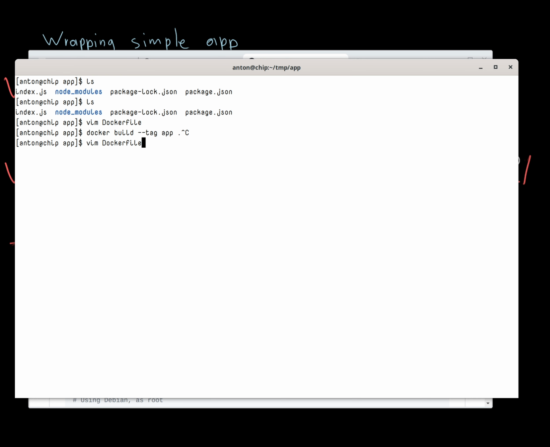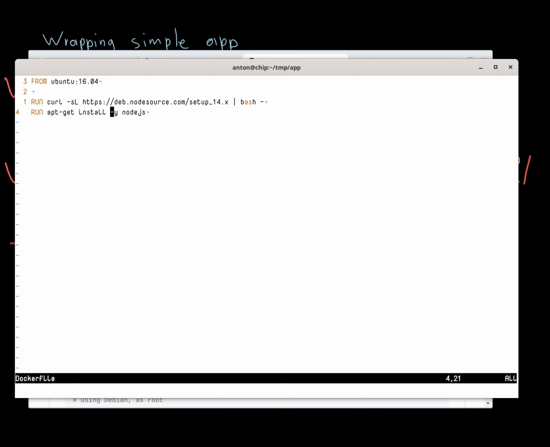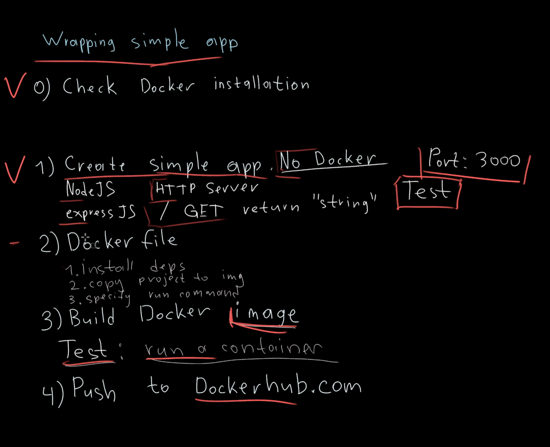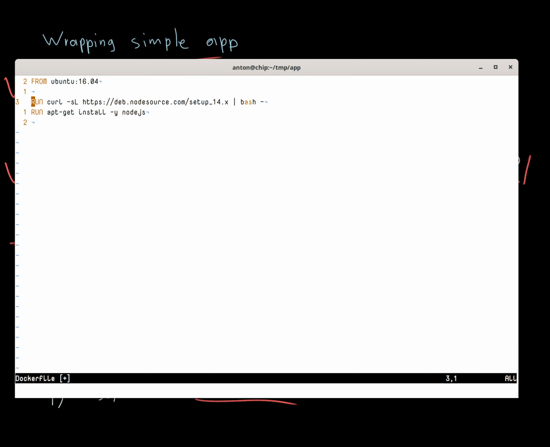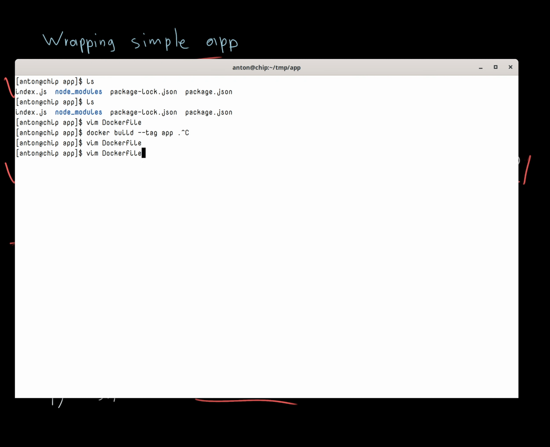And why do I want to build it right now? Well, I want to test. We can go with all the configuration at one point, but for now let's try to just install the dependencies without providing any information about our application. For now we're just building a system that has everything to run our application. So let's try to build it. Docker build, tag app